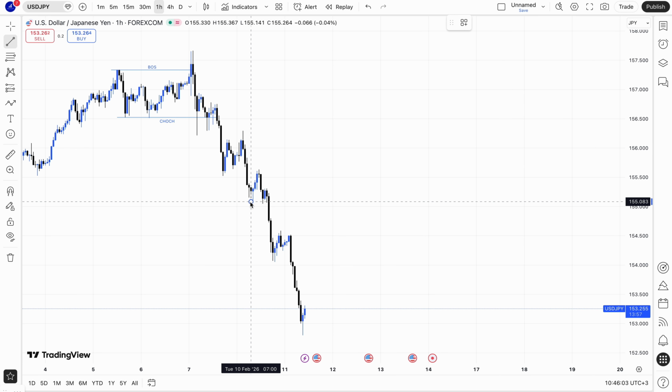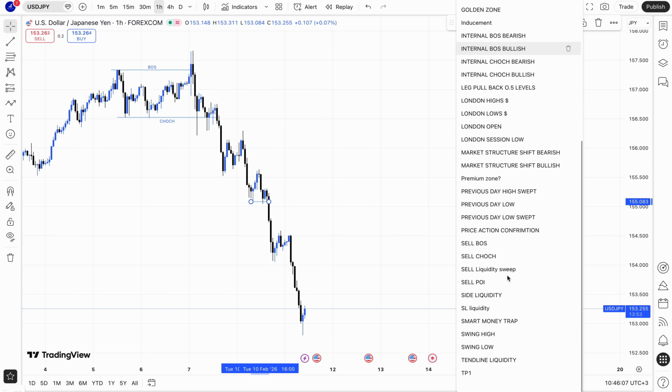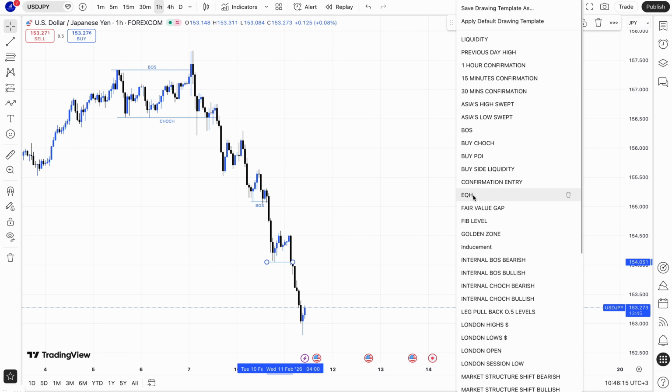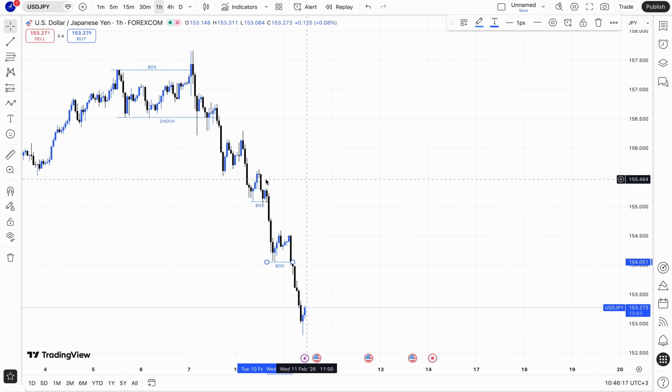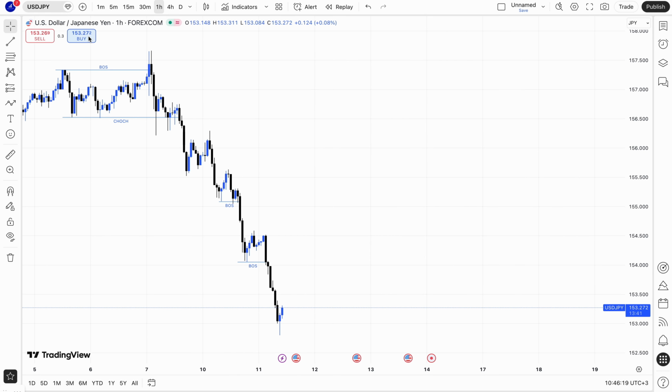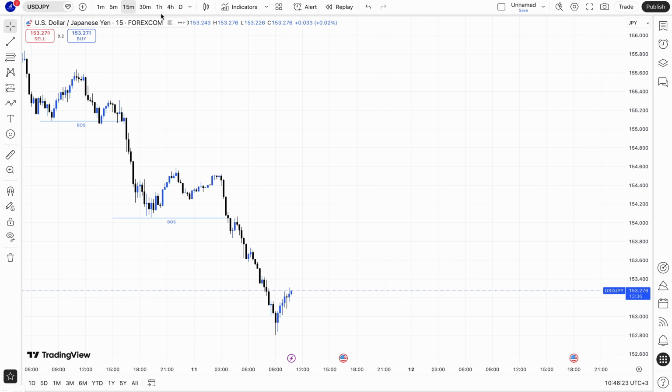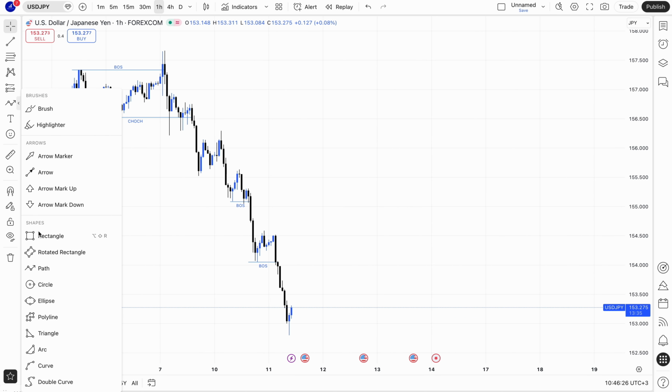Then we have our break of structure to the downside. Then the price continued down. This is a break of structure to the downside, external structure. And then let's see if you have, no, there is nothing like that. Then you have our